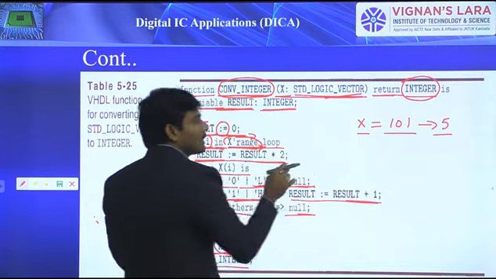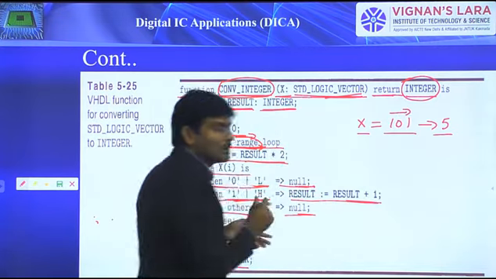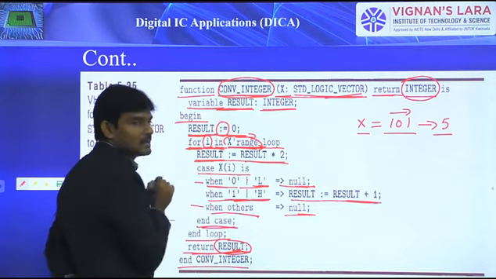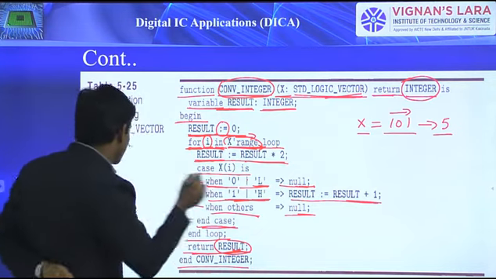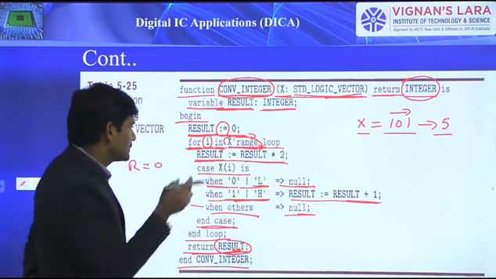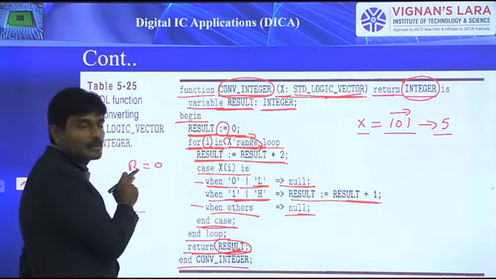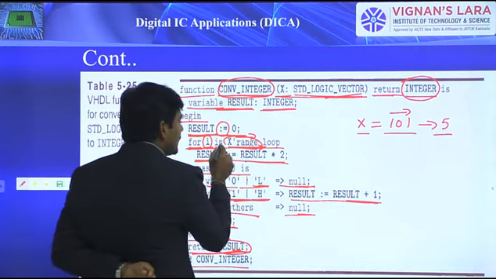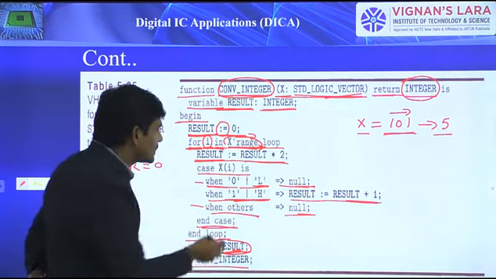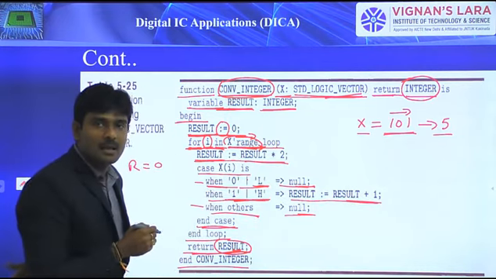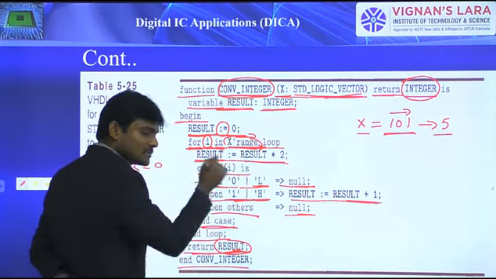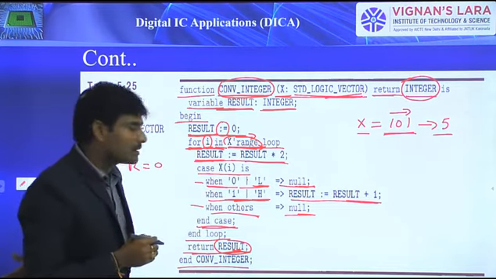Here I applied x equals 1 0 1, and while looking at that range, from left to right only we are supposed to consider. Because of that, initially the result will be assigned a value of 0. I am considering it as r equals 0, initially assigned. Result I am assuming as r. Okay. So for i in x'range, here I considered 3 bits, so obviously here it needs to get a range of 3. Because of 3 times this for loop is going to rotate.